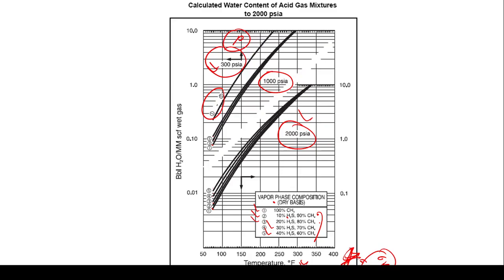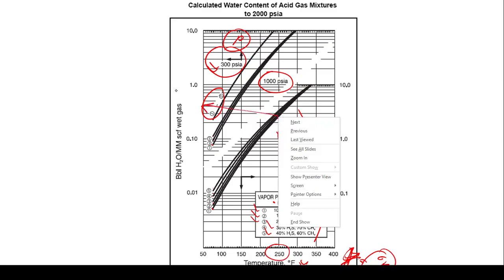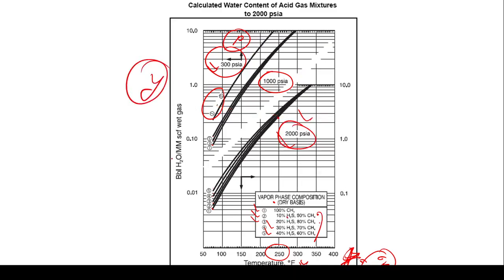Suppose the pressure is given as 2000 psi, the temperature is 250, and the condition is 10% H2S. We have to follow that line and find the y-axis, which is the barrels of H2O per million standard cubic feet of gas. So our desirable value is on the y-axis, and the calculation of the y-axis requires understanding that this graph contains 3 different graphs. So this is the division.